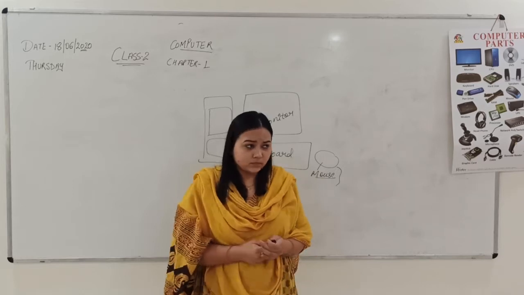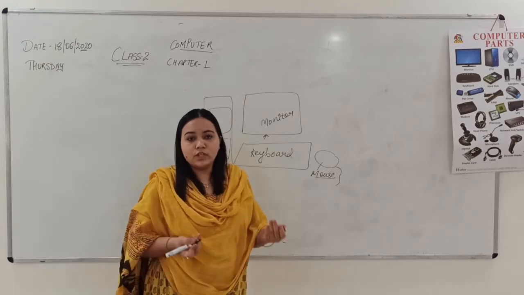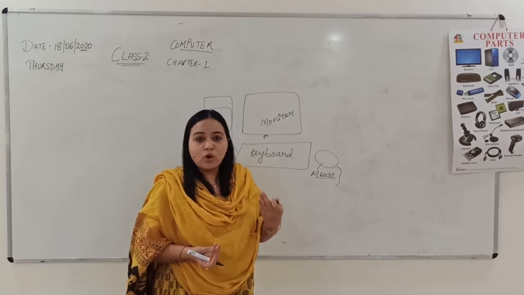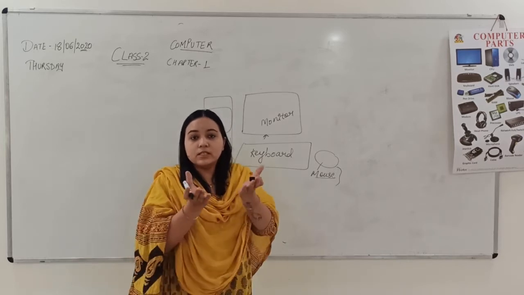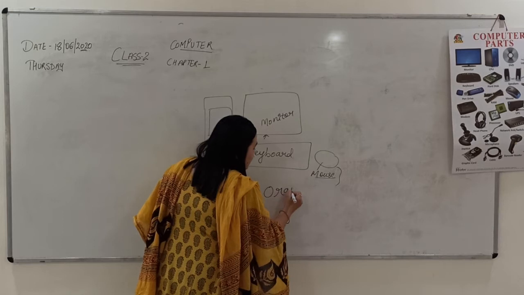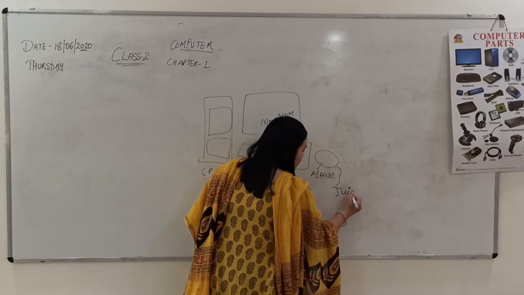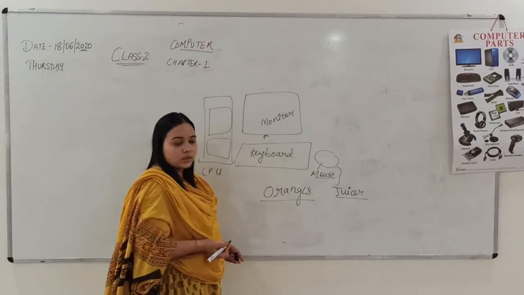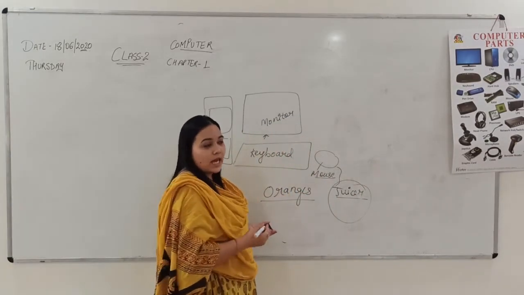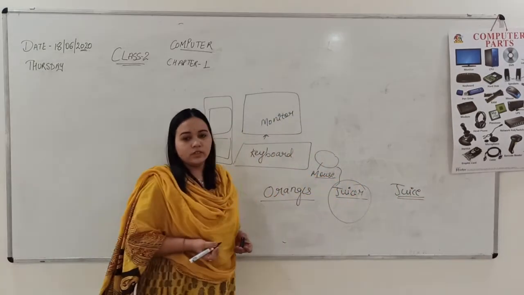For example, suppose you have to prepare an orange juice. We all drink different kinds of drinks and juices at home. So I'm giving you a very simple example that suppose we are using an orange to make an orange juice. We need the result, orange juice. So what is the input? The input has to be some oranges, and then we need a juicer to prepare the juice, and then finally when this juicer processes the oranges, it gives you the desired output or the result, which is the orange juice.